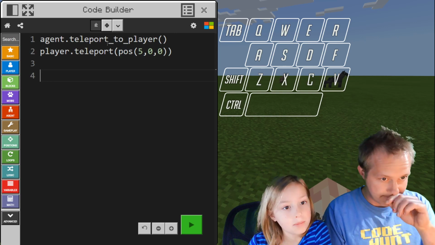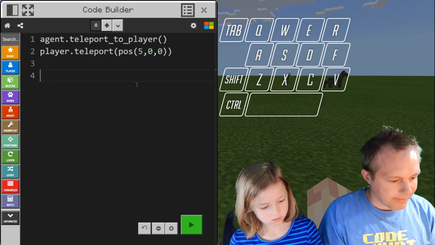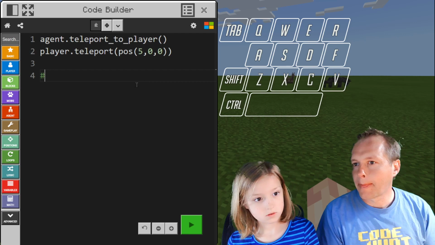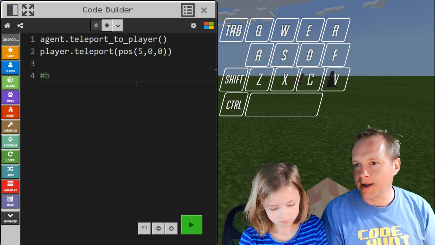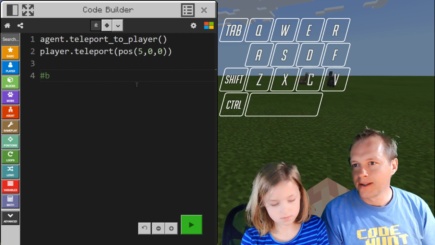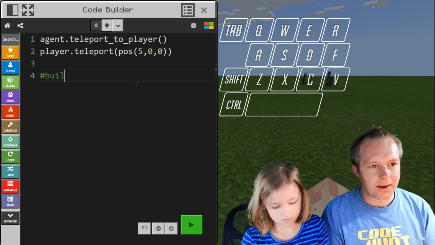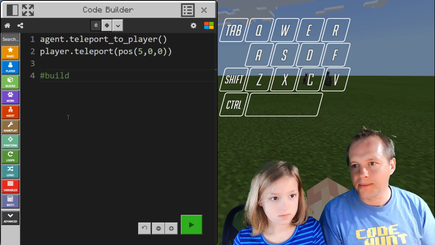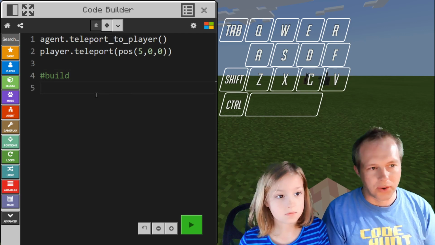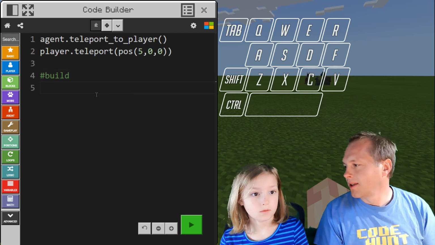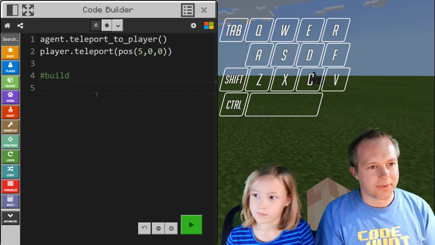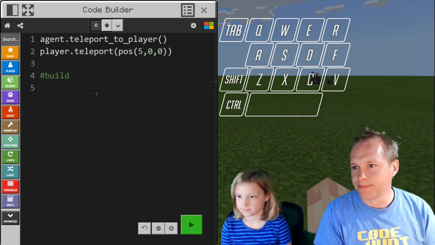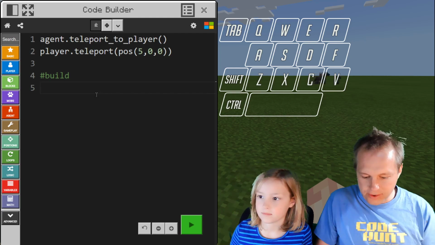Oh wait, but oh, that's okay. Comment. So in Python, if you start a line with the hash, the pound key, it's going to look green and means a comment. That means we just ignore the code when we run it. Comments are super useful to organize your code. So now, just to come back to